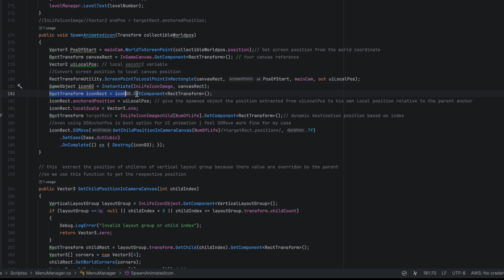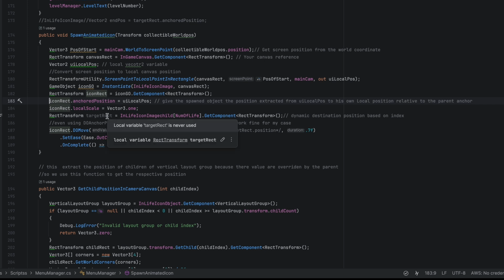Then we need to have the current spawned object rect transform. Then we will affect it the anchored position. Some will ask why we didn't use the anchor dot position, because of the difference between the anchored position and the position. Like this, we give the spawned object the position extracted from the UI local position,